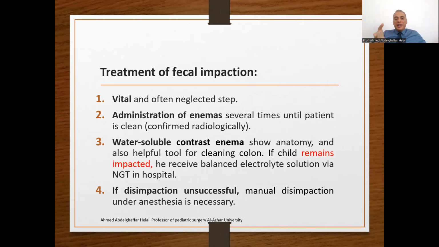If the child remains impacted, he can receive balanced electrolyte solution through the nasogastric tube in the hospital. If the disimpaction is unsuccessful or persists after the above three items, manual disimpaction under anesthesia is necessary. You must remove this hard stool, this impacted stool, to clean the colon and allow for the colonic motility and